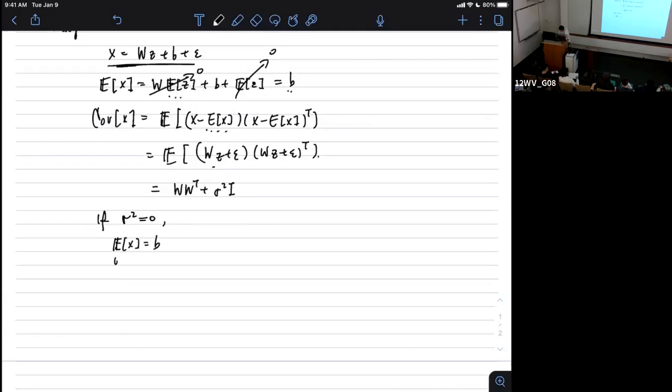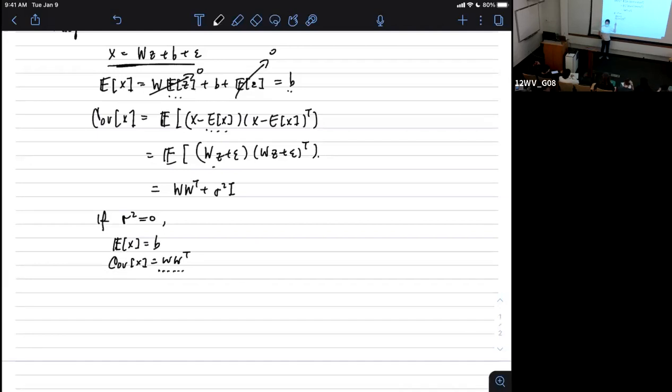Expectation stays the same, but the covariance changes a bit. Then the covariance becomes W times W transpose. And then how do we actually find this W from the actual observations? So this is the covariance matrix of the marginal coming out of our data generating process. But then once we observe many X's, right? If you have a data set of many observations, we can